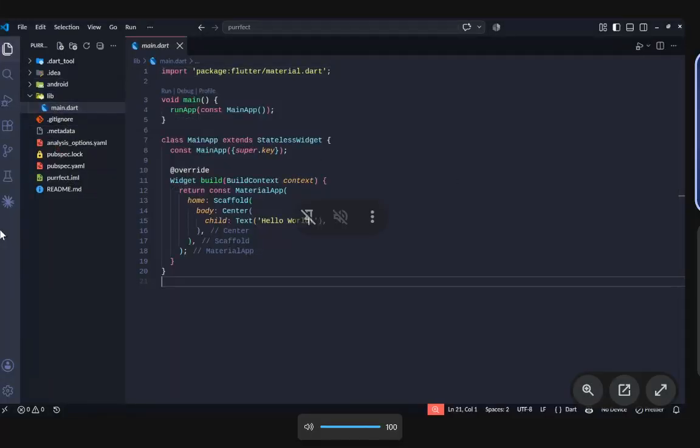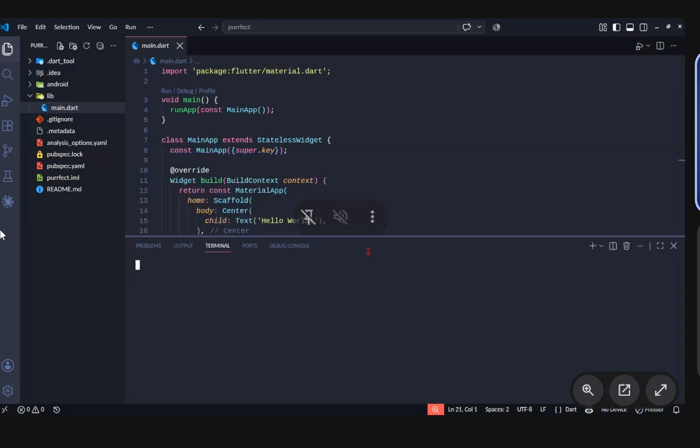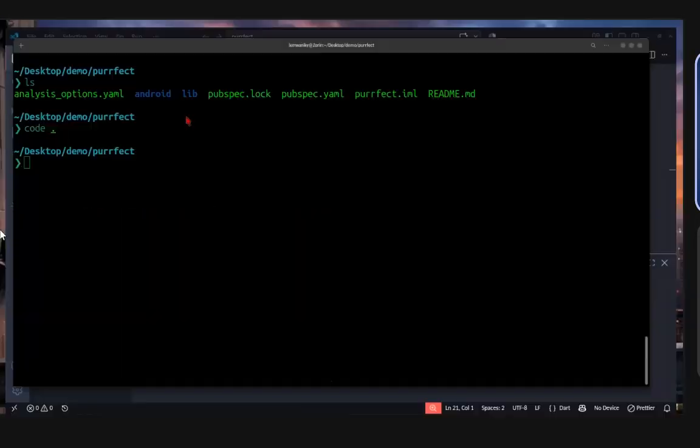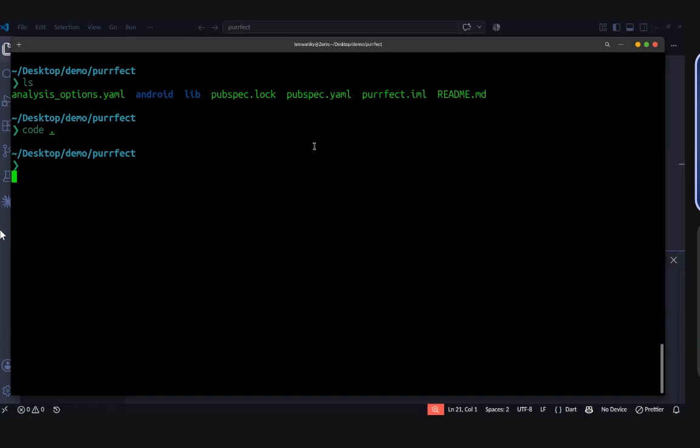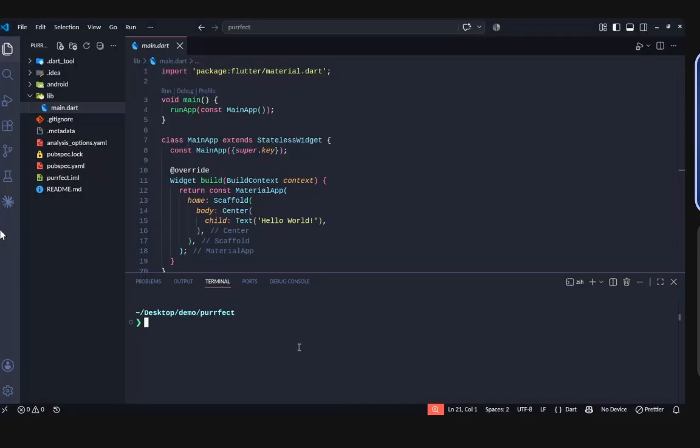So the first thing that we're going to be doing is, let's first of all install the dependency that we're going to be using. So I'm going to open up my terminal on VS Code. Let me actually close the other terminal. So we're going to be using this terminal on VS Code. And what I wanted us to do is install the in-app purchases, which is